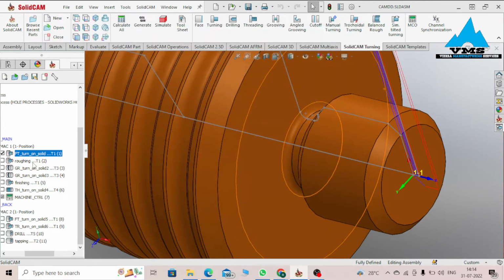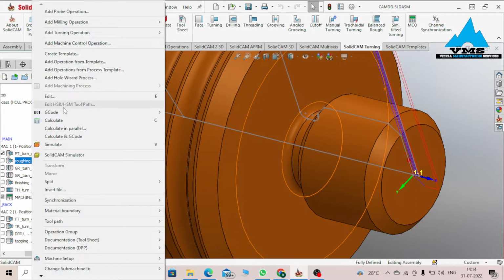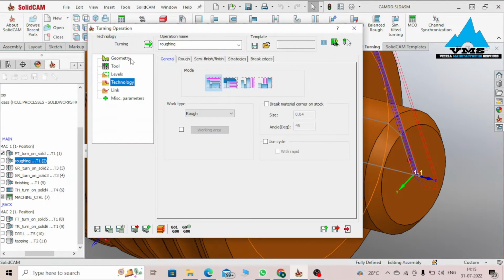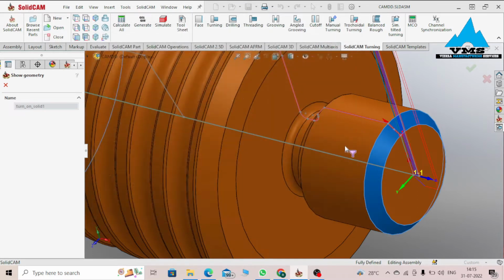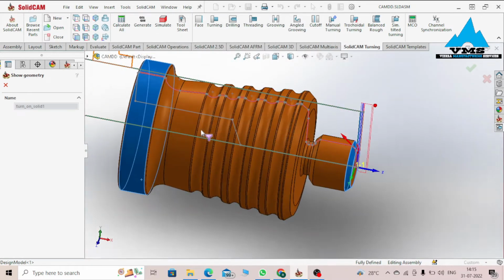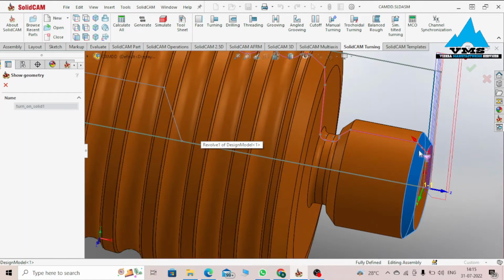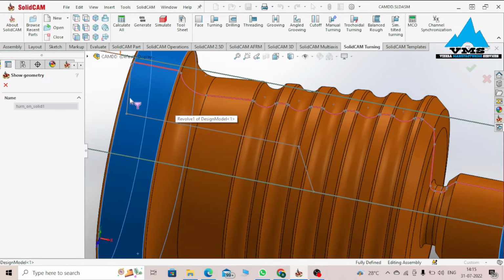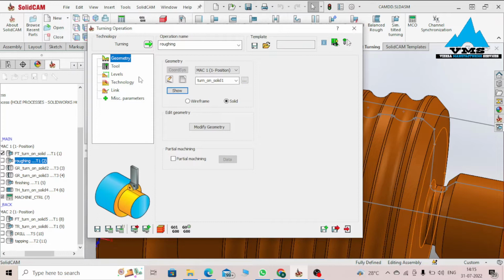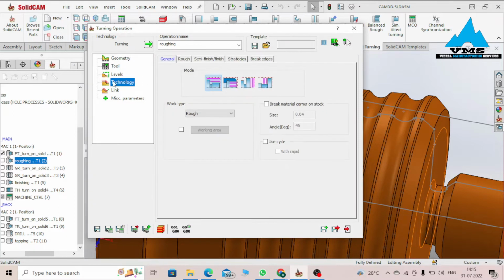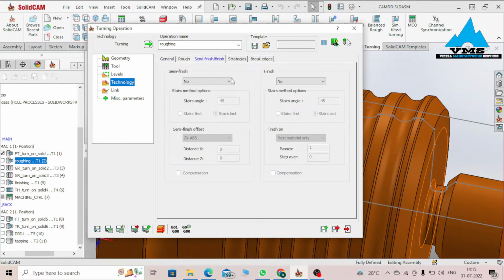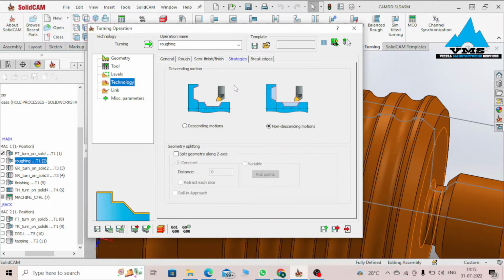Next operation, we have the turning operation. Looking at the operation, geometry, we are working with Mach 1. Our turning begins from this chamfer point right up to the end of the path. Tool, we are still using our same external tool. Technology, we are using a roughing pass. No finish, strategy non-descending. Looking at the simulation,